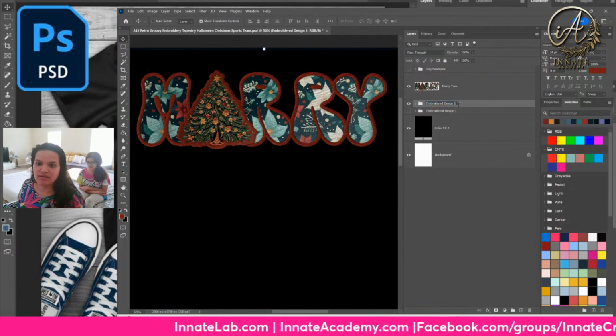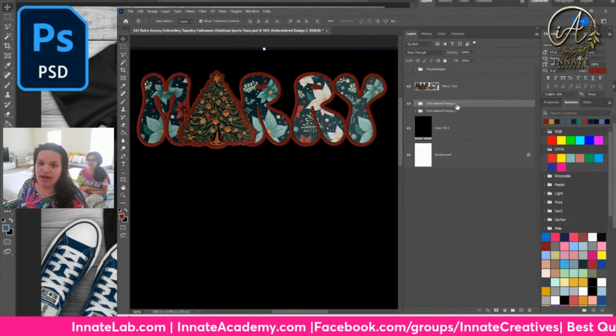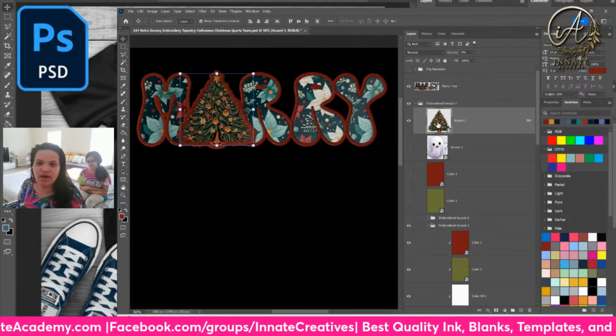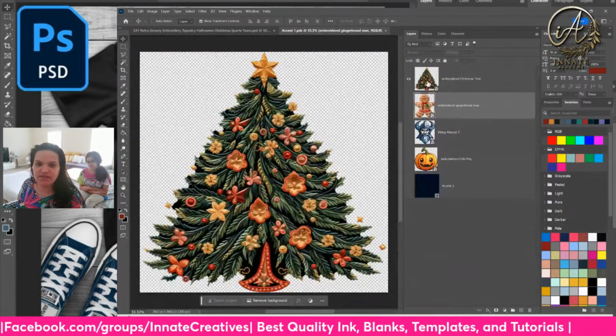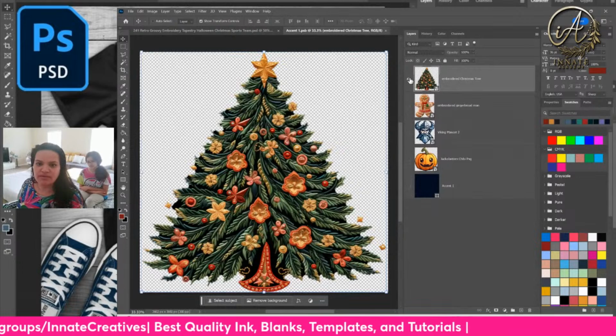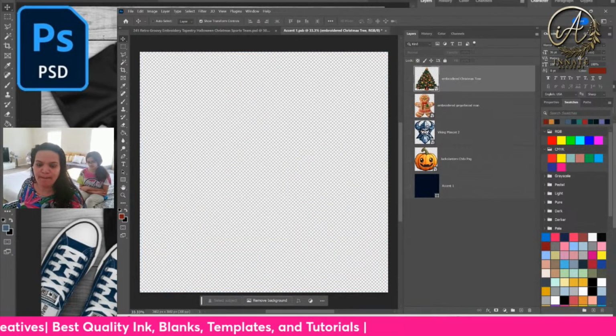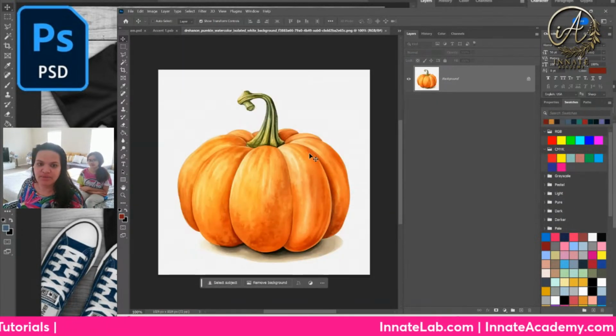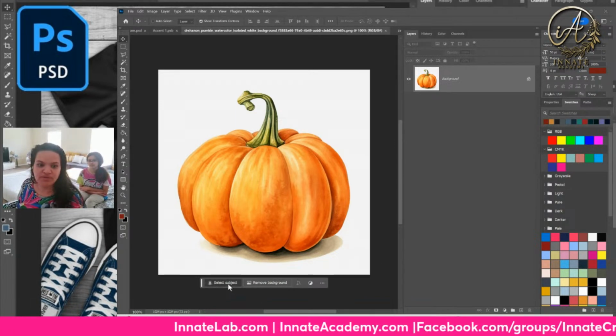All right, so I'm going to call this one embroidered design number 2. Give y'all an option here. All right, and let's go ahead and get into it. So our accent number 1, we're going to change from the Christmas tree. We're going to bring in the pumpkin. However, I want to do a little work to clean up the pumpkin first because I want it to be a nice, clean PNG. So I'm going to open it up by itself,